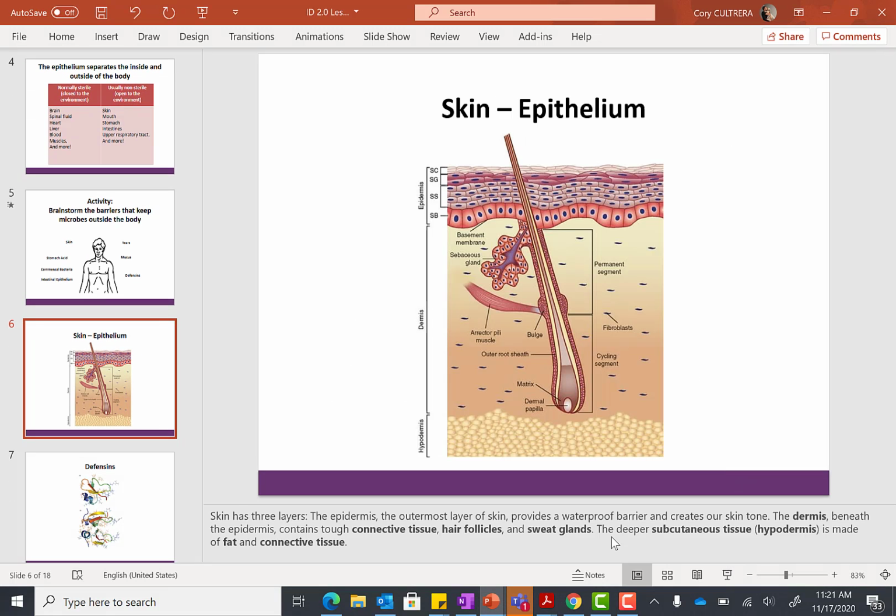The first one being the skin. That's kind of your big one there. And I've written some notes here that you can summarize and copy down into your OneNote. So the skin is our first barrier for all microbes. And we do have microbes that live on our skin, and we'll talk about that a little lower down the list. But you can see when you look at this picture here that your skin is made up of a